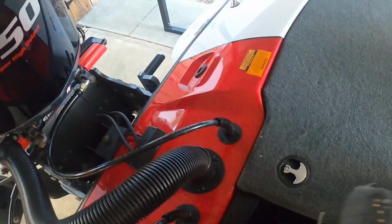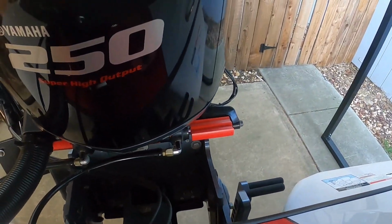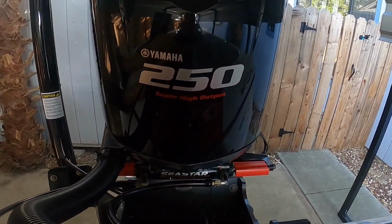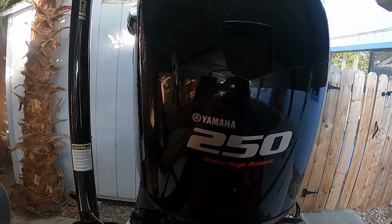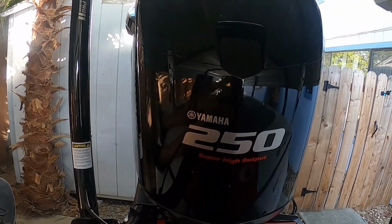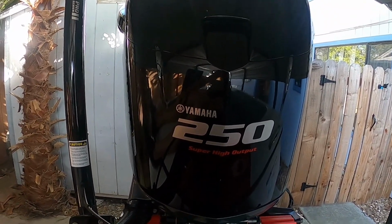All right, going back to the motor. So as you guys can see, a little bit of a different motor. This is the main reason I wanted a Skeeter, because they come with Yamaha. And no offense to guys that run Merc, but the way I see Merc and how they work is they